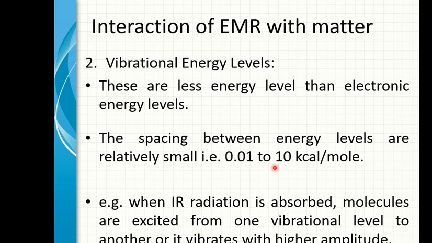The molecule becomes vibrated, rotated, moving differently in space, because it absorbs energy and becomes unstable, so it vibrates. This molecule vibrates, so it's called vibrational energy level. When the IR radiation is absorbed, the molecules are excited from one vibrational level to another, or vibrate with the highest amplitude. This vibration is caused by infrared radiation, part of electromagnetic radiation, which is